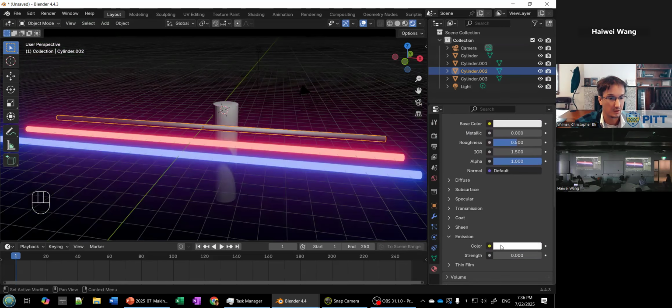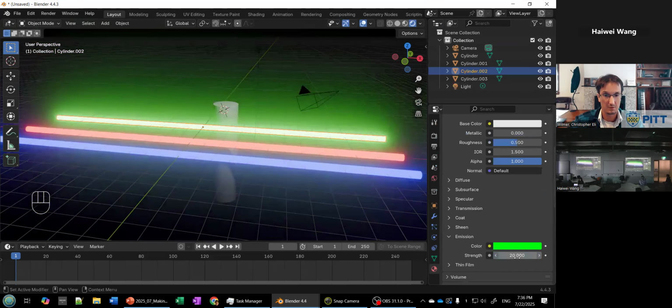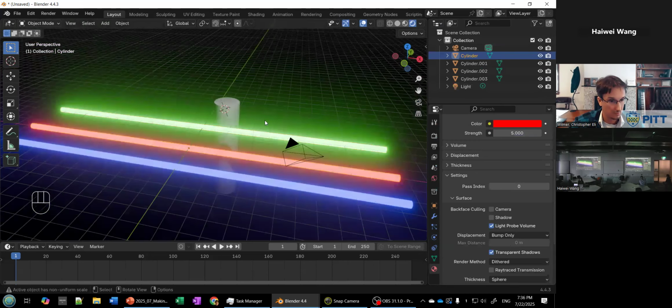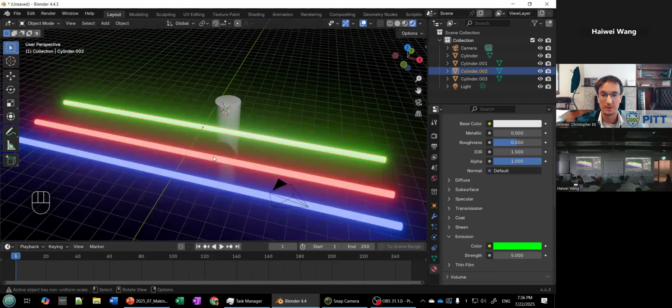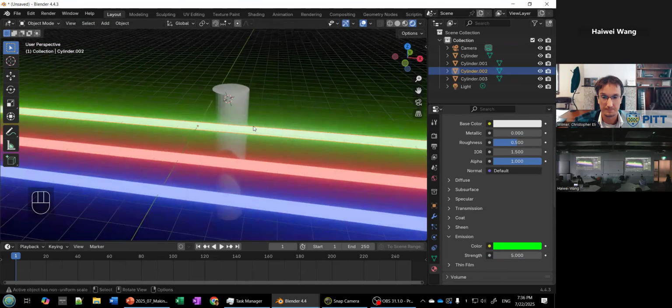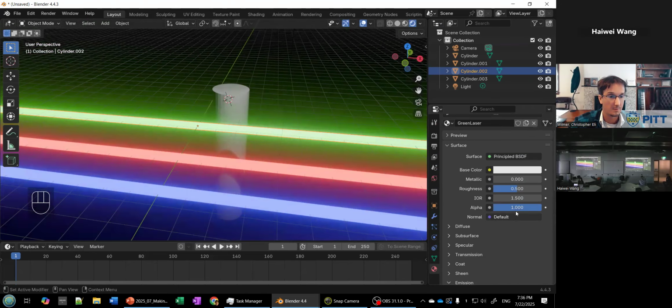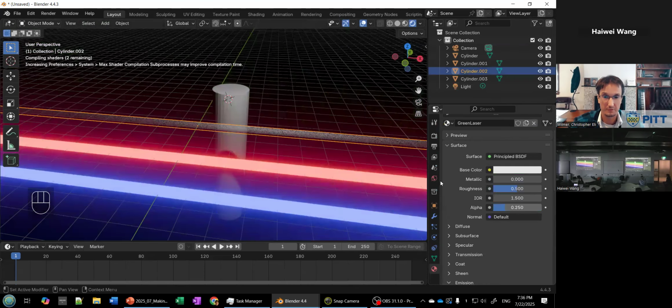here we can also give it an emission color, so I can make it green and say 10, for example. Okay, so it should look, hold on, we did 5. Okay, I want to make it the same as it was before. So this should be the same as what we had before. But I can also reduce this alpha value. So if I change this to be, say, 0.25,